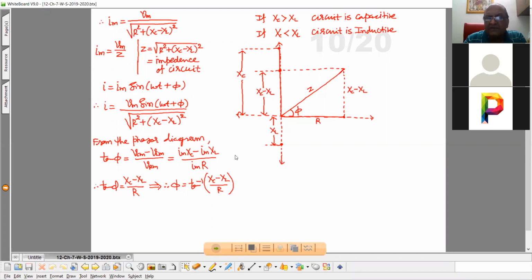Now see here, if XC is greater than XL, then phi will be positive. And in that particular case, the circuit is called a capacitive circuit. And if XC is less than XL, then your phi will be negative. And the circuit is called an inductive circuit. Now, from this one, we can represent the impedance of the circuit